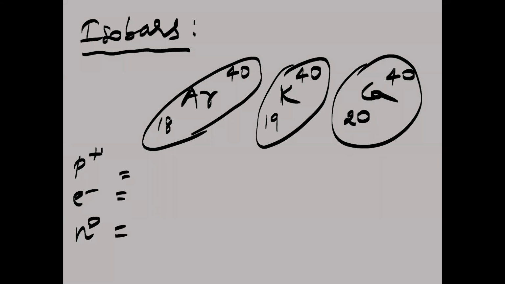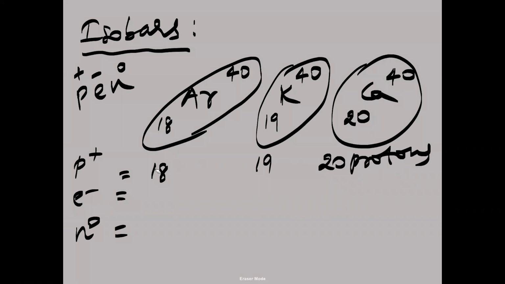Now tell me the protons number, electrons number, neutrons number. PEN, pen. Pen means protons with positive charge, electrons with negative charge, neutrons with neutral charge. Pen, remember. So how many protons here? Atomic number 18, so protons number will be 18. Here also atomic number equals protons number, 19 protons. Here 20 protons. So the protons numbers are different, which indicates different atomic numbers, because atomic number is nothing but protons number.